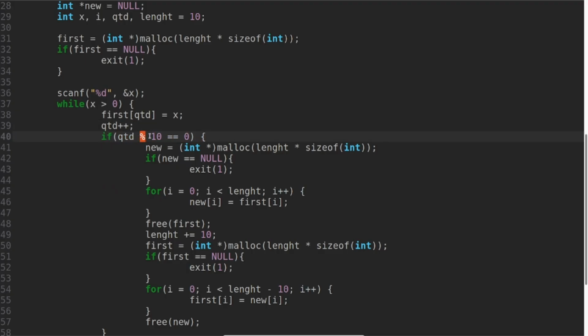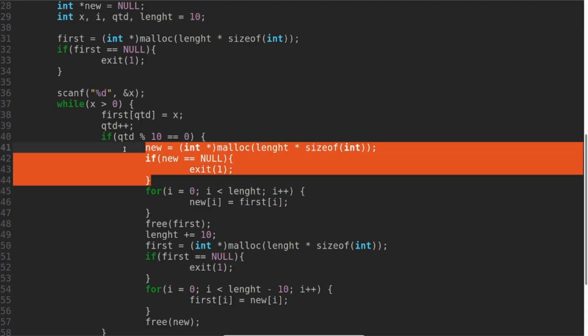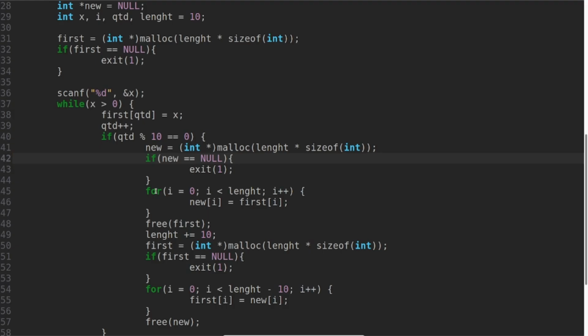If quantity modulo 10 is equal to 0, it seems that we arrived at a position that is divisible by 10. So multiples of 10 are 10, 20, 30, 40, 50, and these are the values where we need to allocate more memory. So I am allocating memory of the length 10, the first time is 10, and I'm checking if the computer gives us the necessary memory, and this for loop is to pass the values,